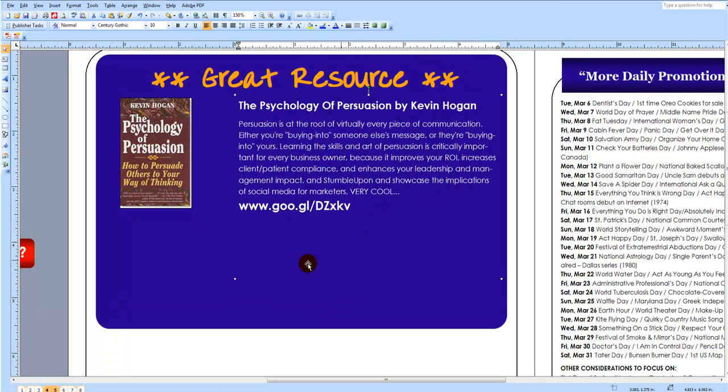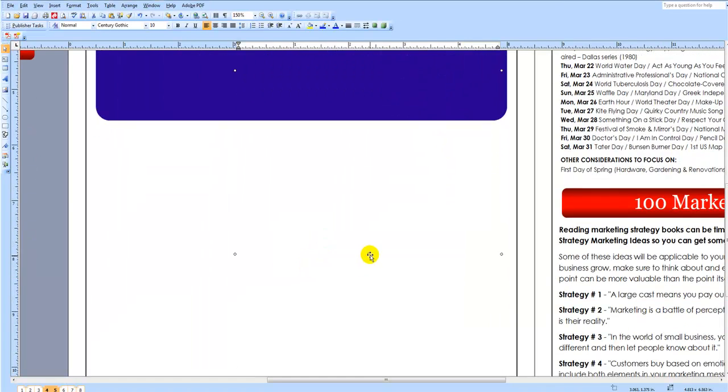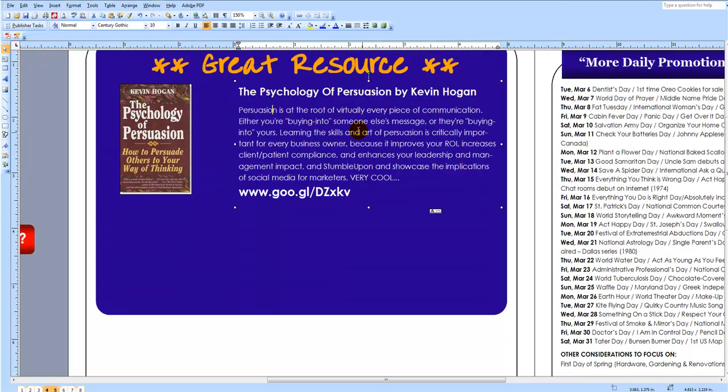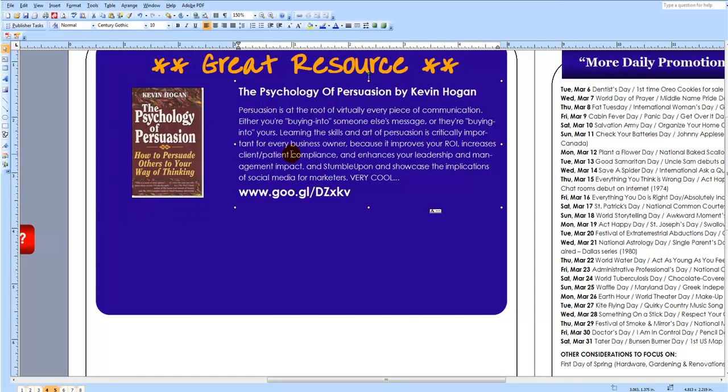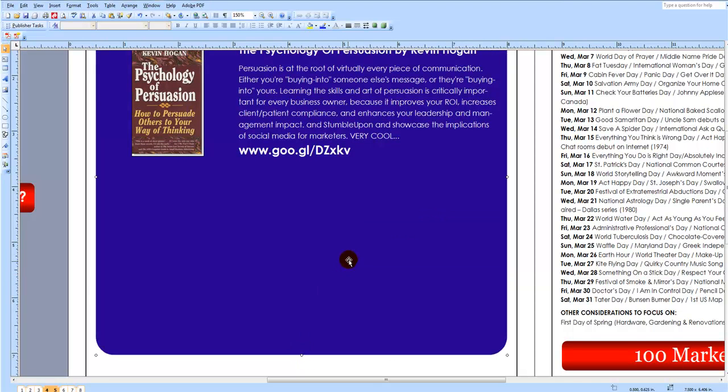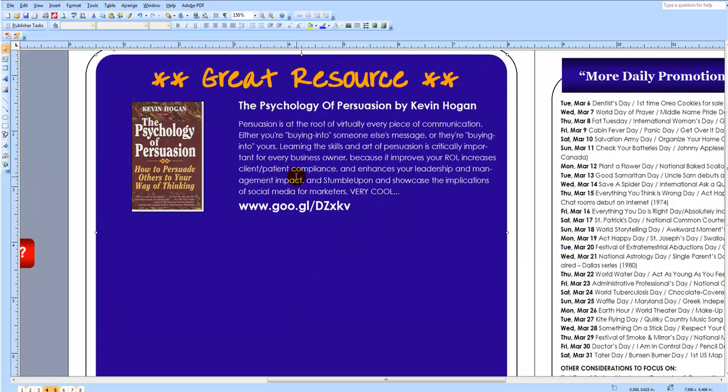I've got to grab this little text box and put it back in order, so I keep the text box together, and then that's there. Okay, so then I'm going to stretch this down a bit more and put in this second book, but so I don't have to completely reformat everything,